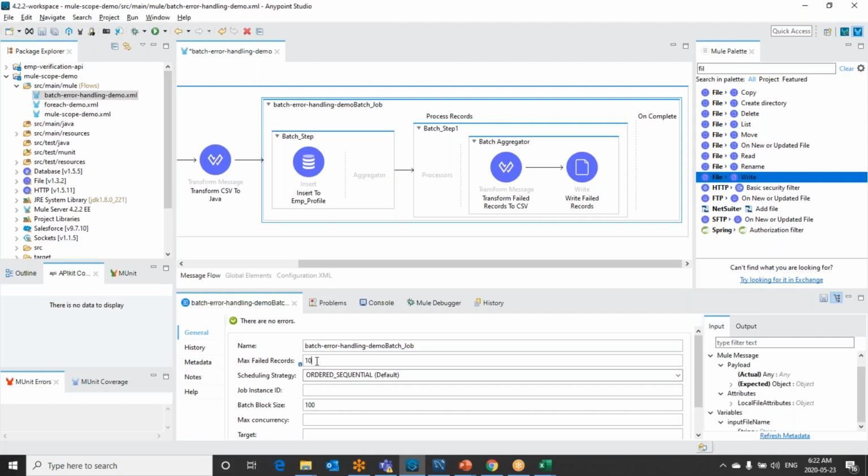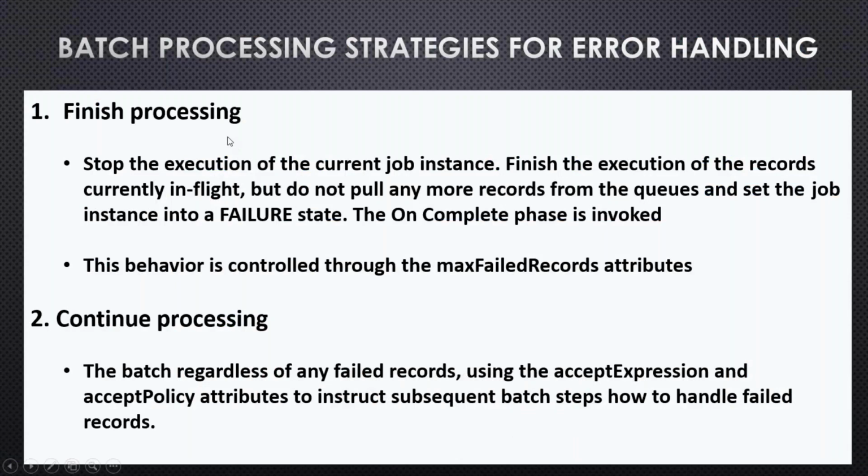This should be taken care of in the design phase, whether we would like to finish the processing when a number of errors have occurred, or we want to continue the processing. So we can finish the processing by providing a number value as max fail records.